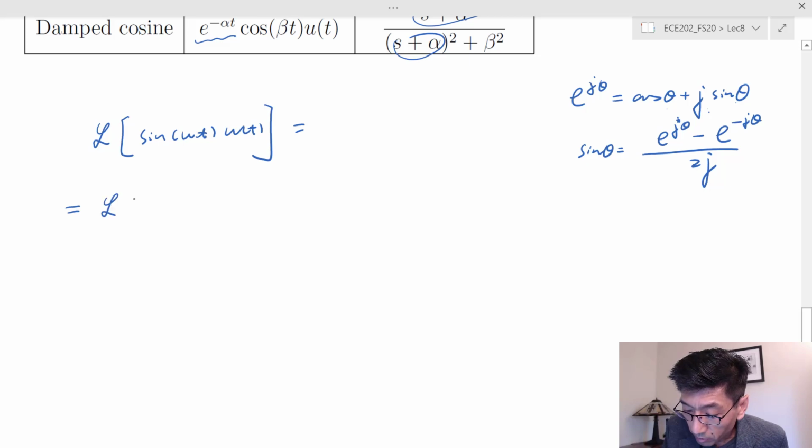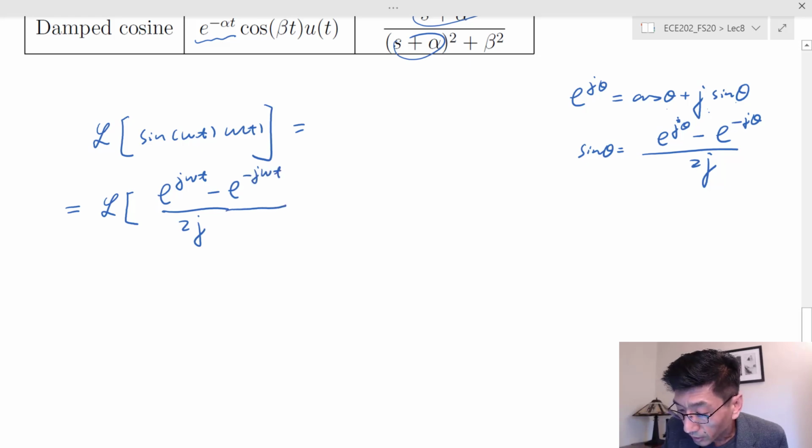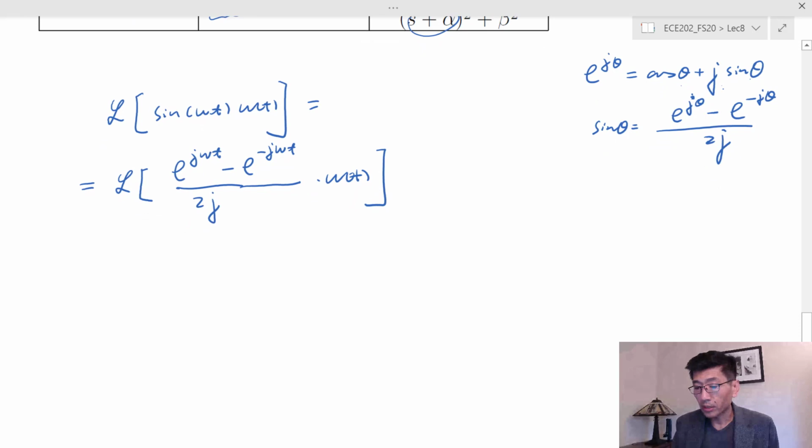So this one here is 1 over 2j, e to the j omega t minus e to the minus j omega t. So we treat omega t as theta, and in this case times u(t),